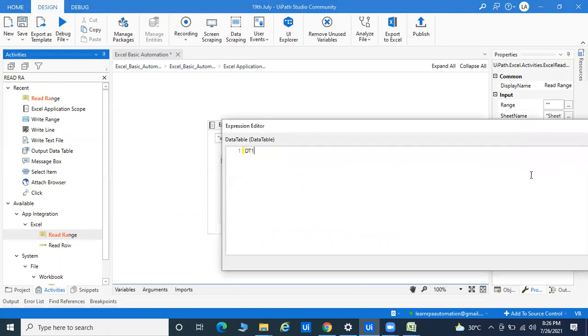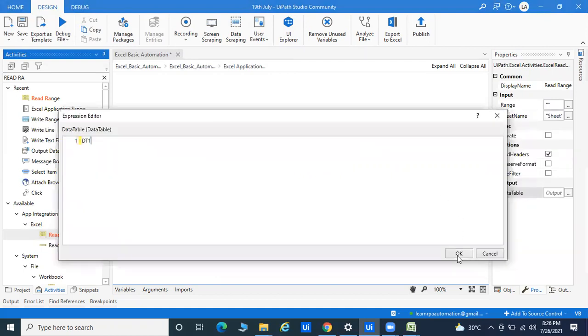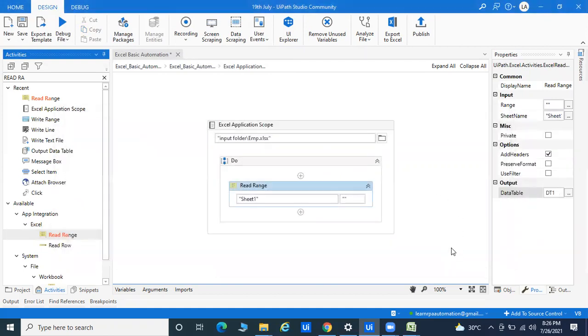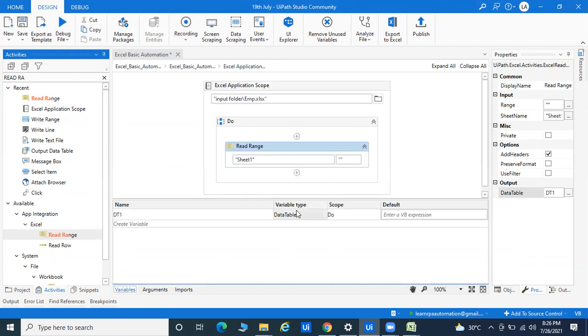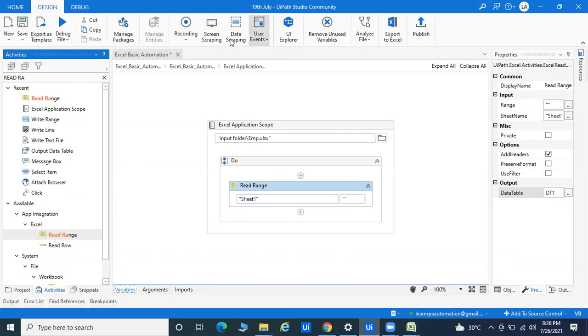For every Excel sheet, whatever data you want to read, it will come into Read Range. I will come to the cell part also, but if you want to read the whole Excel sheet, you will automatically get a variable called data table. If you go for an interview, they will ask you this question: what is the variable type? That is called data table. So this is called Read Range. And right now I want to write the data into a different Excel sheet.